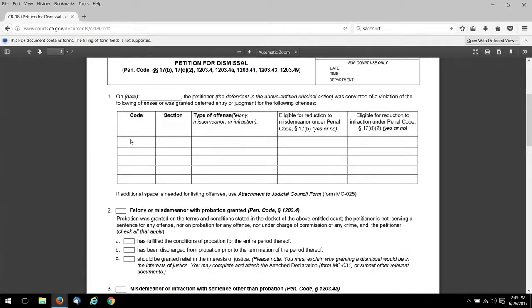And he was convicted under the vehicle code. It was a DUI and no driver's license. So here you write in the word vehicle. Over here you write in this number, which is a section of the code that they're asking for. In this case it was